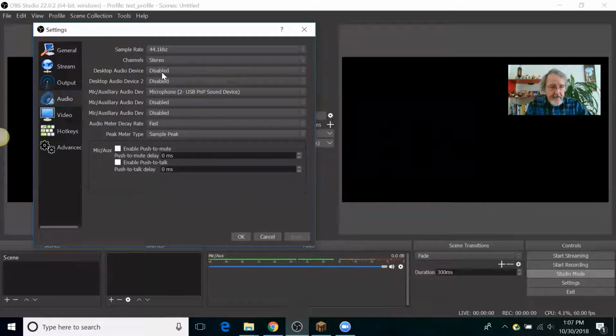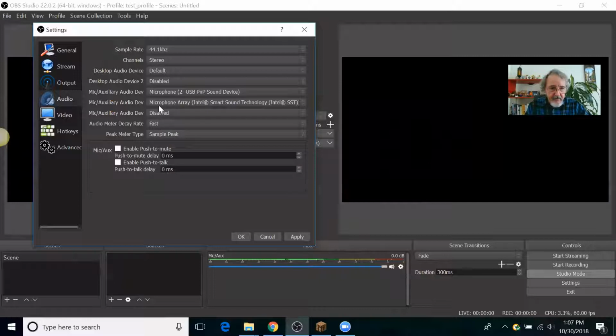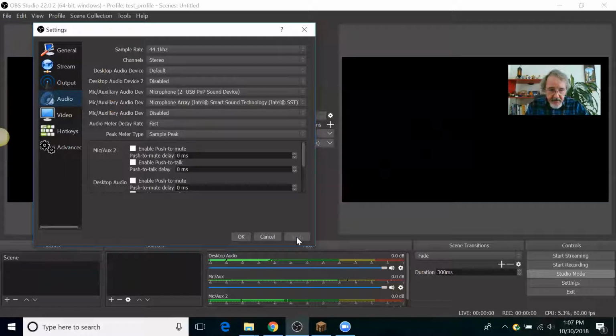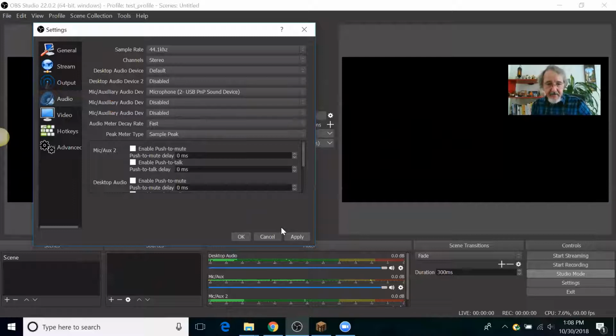Just to have that little peaceful music in the background, I'm going to put the default speakers back in. Or let's see, mic, maybe I have to do that. I'm just kind of experimenting now. Yes, okay, I'm getting my auxiliary mic. I'm not really sure what that is doing, so I think I'm going to remove that. I'm just going to disable that as it was before. Okay, so now then,